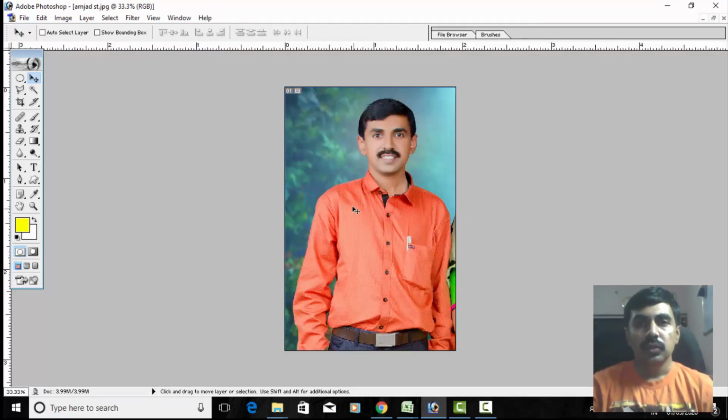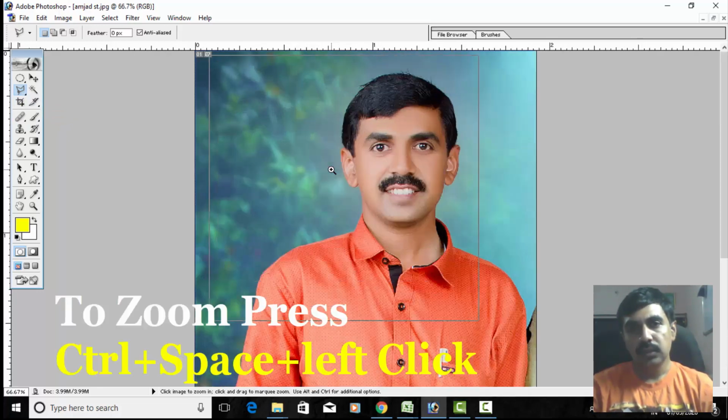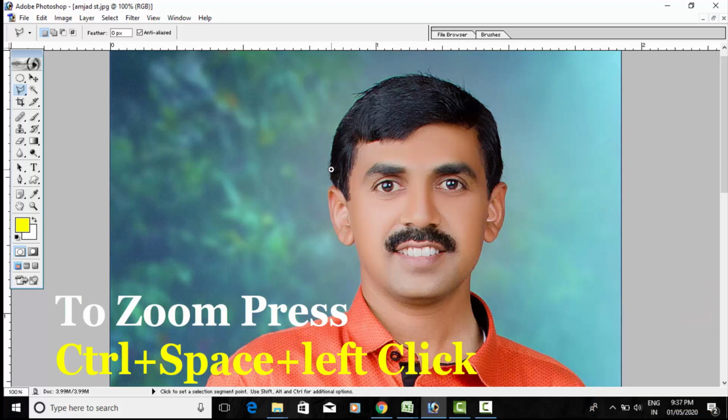Now to change the background of this image you have to use a new tool here from this menu, lasso, that is called polygonal lasso tool. You have to select the tool. When you select the tool, you have to increase the size of the image by clicking.